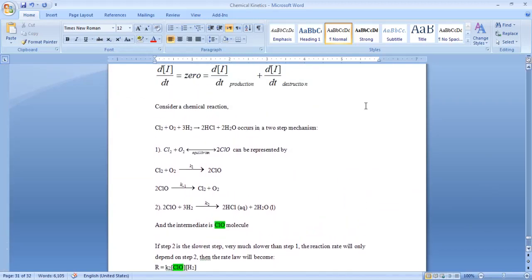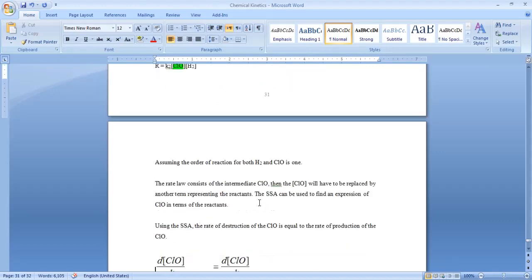The rate of production is reaction number 1, K1. K1 gives you the production of ClO. K minus 1 is the destruction of ClO, because ClO goes back to chlorine and oxygen. And step number 2 is also the destruction of ClO, because ClO becomes HCl and a water molecule. So in this scheme there is 1 production step and 2 destruction steps for the ClO molecule. So according to SSA,